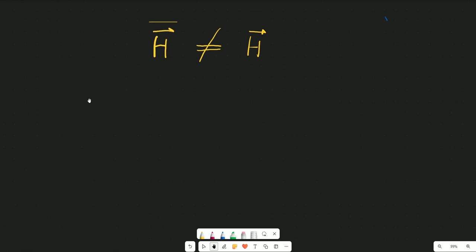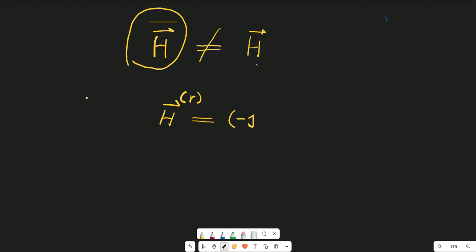In this case, I found, so from your Maxwell equation you can get H, and this H means magnetic field, is equal to... First we must think R is the retarded magnetic field, because electromagnetic wave has two kinds of wave. One is a retarded wave. If it is a retarded wave,